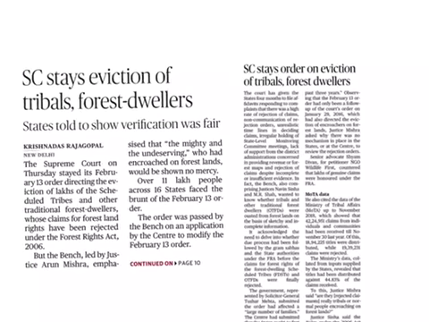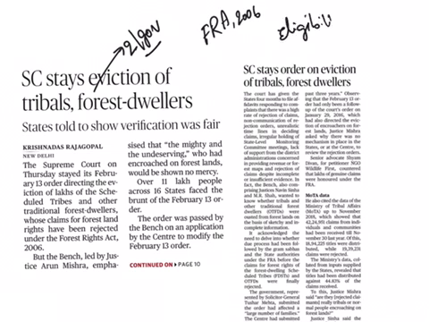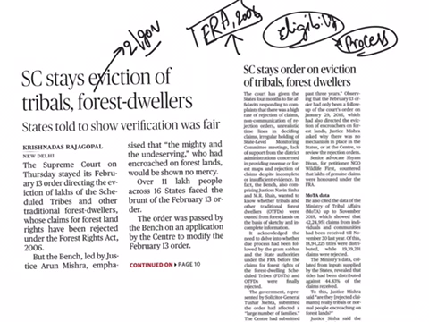Our next article is Supreme Court stays eviction of tribals forest dwellers. This article comes under GS paper 2 under the topic of governance. In our yesterday's video, we have seen about this Forest Rights Act of 2006 and what are the eligibility criteria for the claimants to acquire the rights of forest under this act and what is the process that is followed in order to grant those rights for the claimants. This is all what we have seen yesterday.